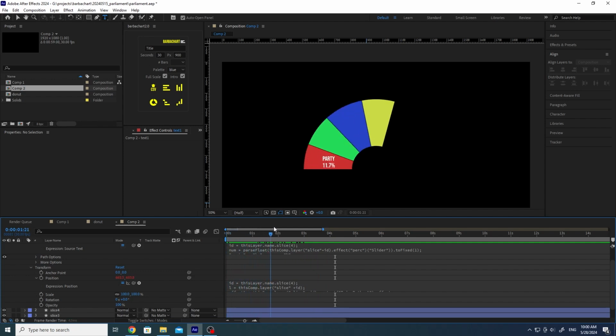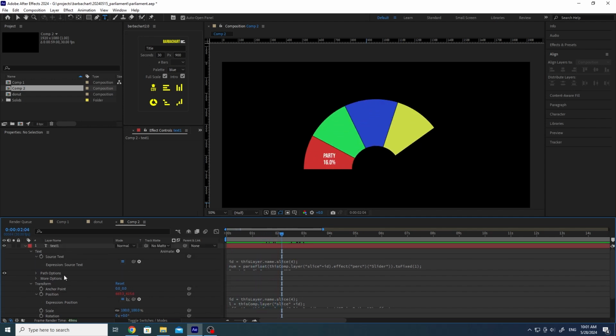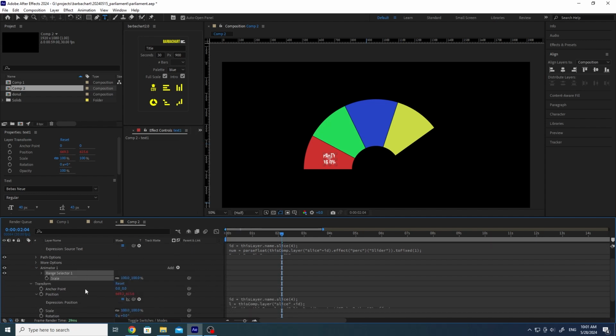Wonderful. And it's also dynamically working. I just want to add a small thing, I don't want the text to be seen when there's nothing. So I am going to add another animation over the text, and we will animate the scale. You can do something else if you like, but with the scale, what you can do is put the value to